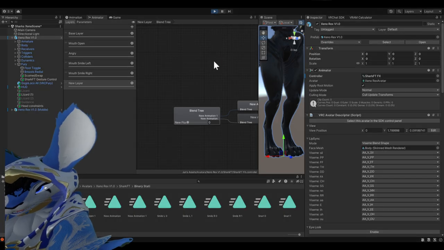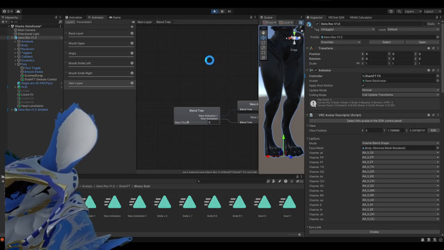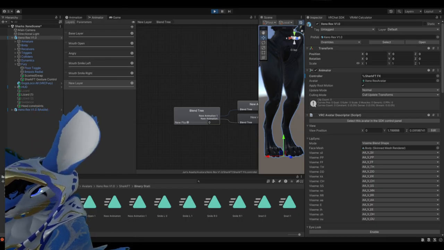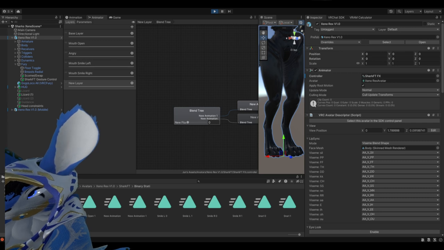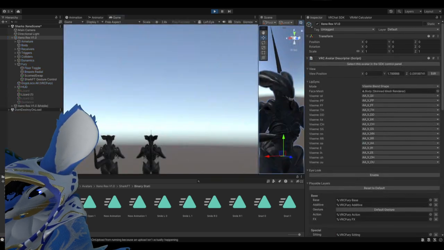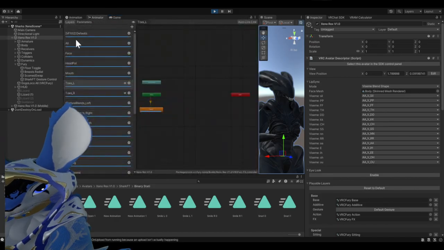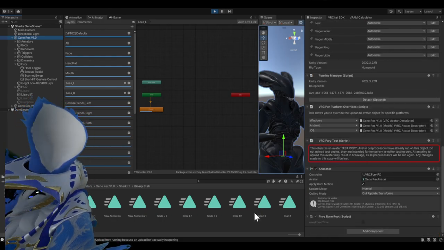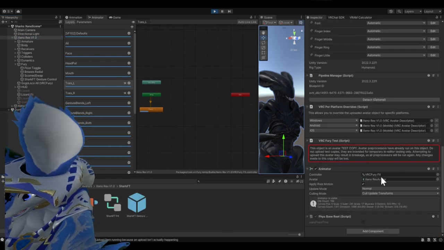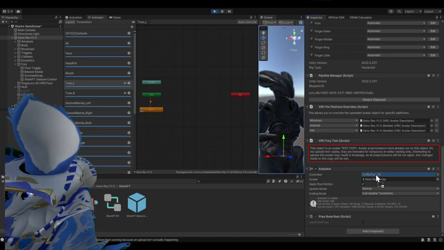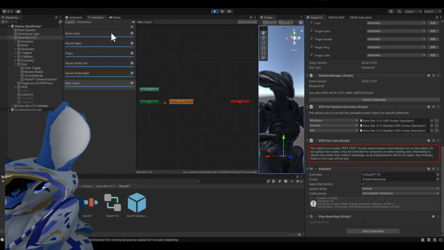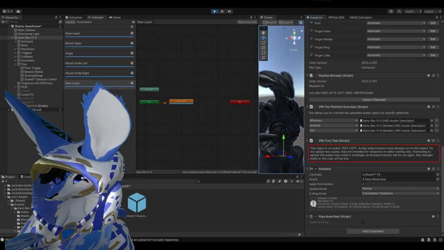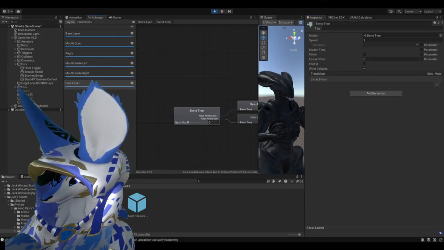But if we actually go into play mode, which is going to take a sec because it just needs to compile all of the VRC Fury stuff. Now, once we're back here, we can actually select our avatar, scroll down, and then instead of having the VRC Fury FX controller slotted into here, we slot our face tracking controller into here, so that once we go into the layer, we can actually just double tap it to go into the blend tree,